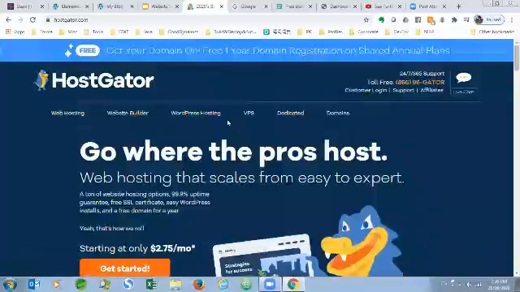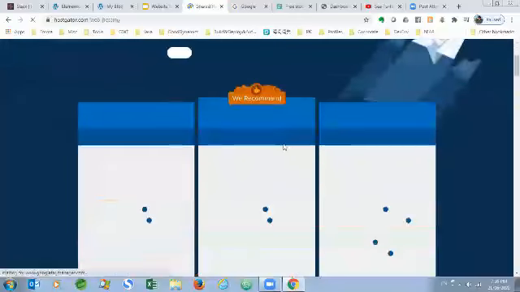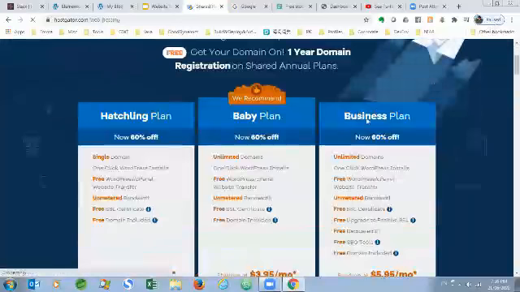So when you get on the HostGator website, you'll see 6 options you have to choose from. I'm going to say it outright: you literally don't need any of them except for this web hosting. So from here, we have 3 plans. Again, this business plan is basically unnecessary. There's a lot of bells and whistles that really don't apply to what you need to be